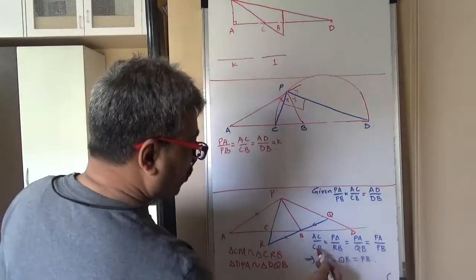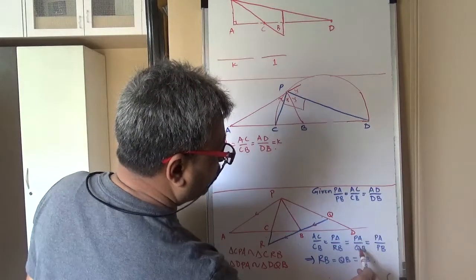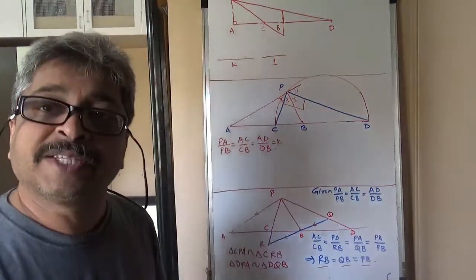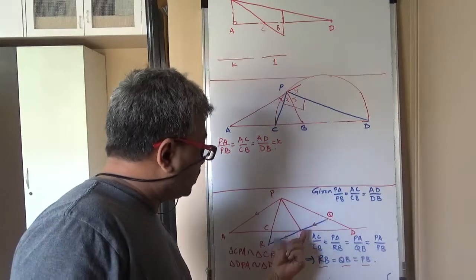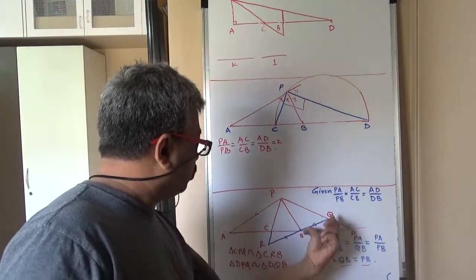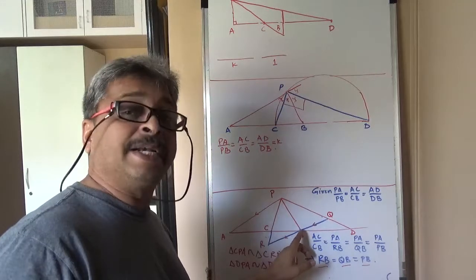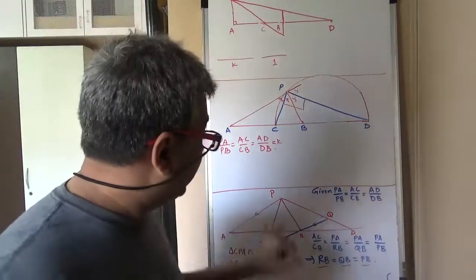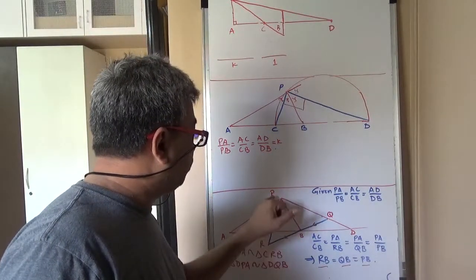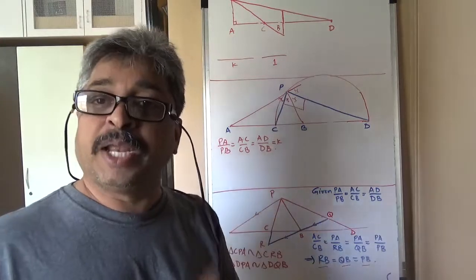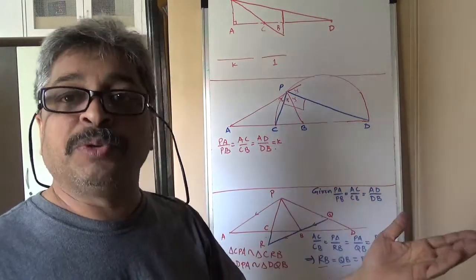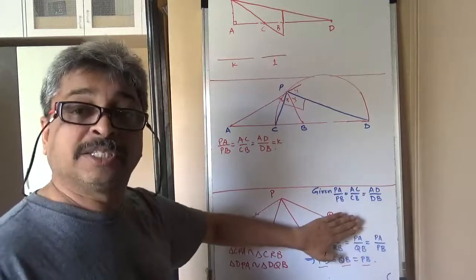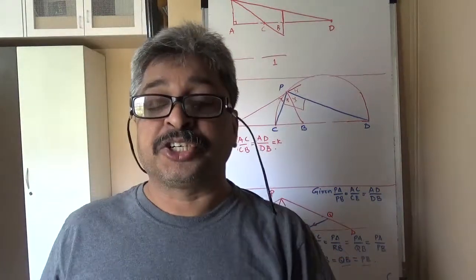So here AC upon CB happens to be PA upon RB, PA upon QB, and PA upon PB. Therefore RB, QB and PB are equal segments. That means if I take B as center and draw a circle, then P will lie on the semicircle, and therefore the angle between C, P and D is going to be 90 degrees, and therefore the point is going to be on the semicircle. So this is the Apollonius circle theorem, and this is its converse,